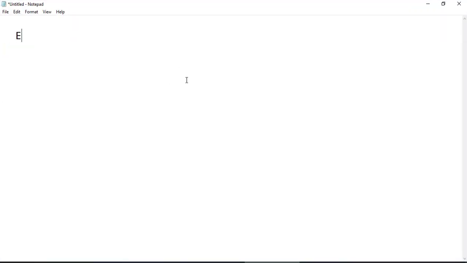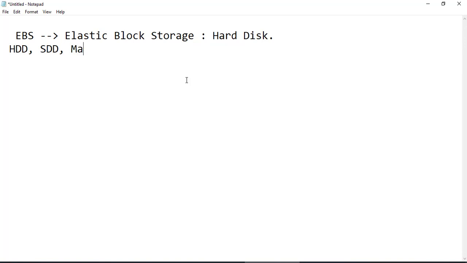What we have learned is that EBS is nothing but elastic block storage. It is like a hard disk. Think of it as a hard disk, like every laptop, system, or server has a hard disk. It stores data on a magnetic disk, SSD, or HDD. There are three or four different varieties in which the data can be stored. We are not going to learn more in detail about all those. These are all basic things.